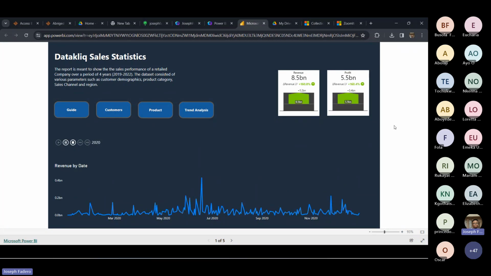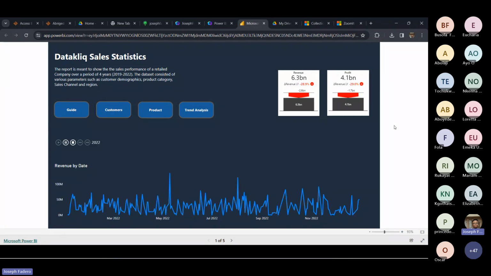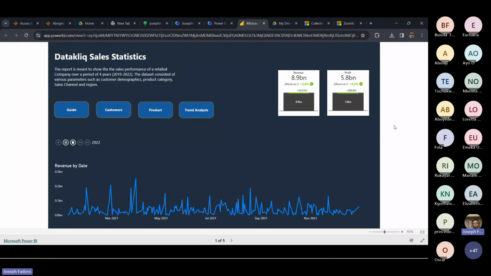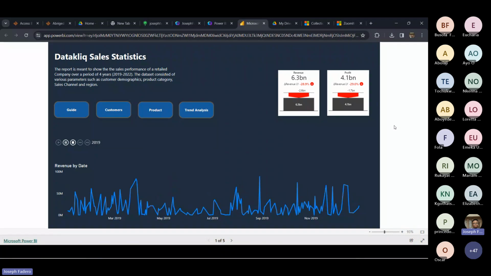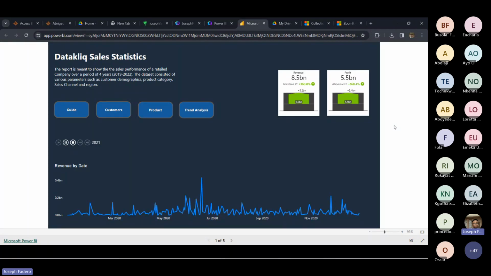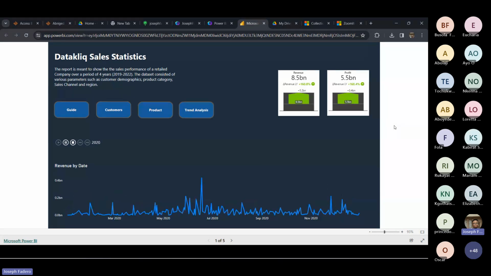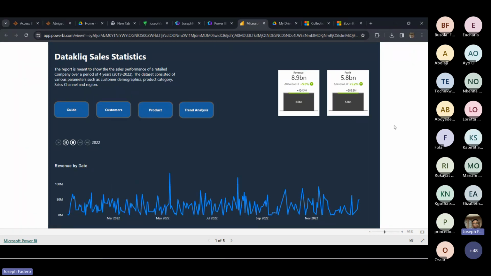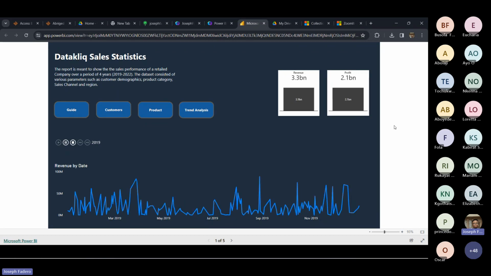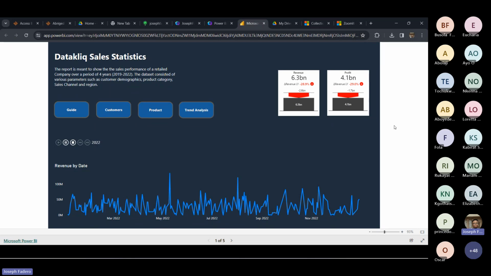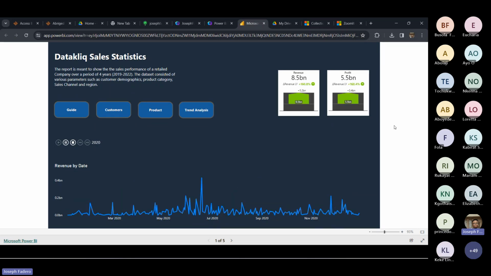So before we go ahead, we need to learn certain things about Power BI before we build this visualization which we want. So Power BI is a business intelligence tool that can allow you to achieve more with your data by coming up with powerful visualization and telling interesting and insightful stories about your data. So that is what Power BI is.